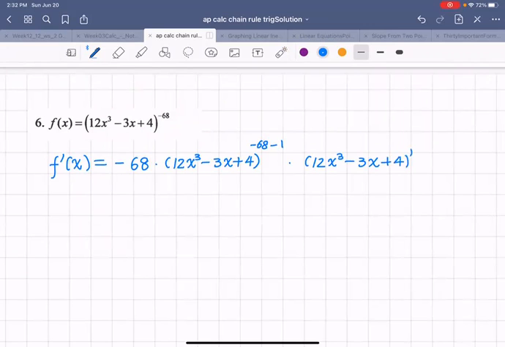This guy prime. That becomes -68 times 12x cubed minus 3x plus 4 to the power -69 times 12 times 3, which is 36, and then x squared minus 3x derivative is how much? That'd be just 3. Okay, and then plus 4 is a constant. Constant derivative is 0, okay? All right. Now,